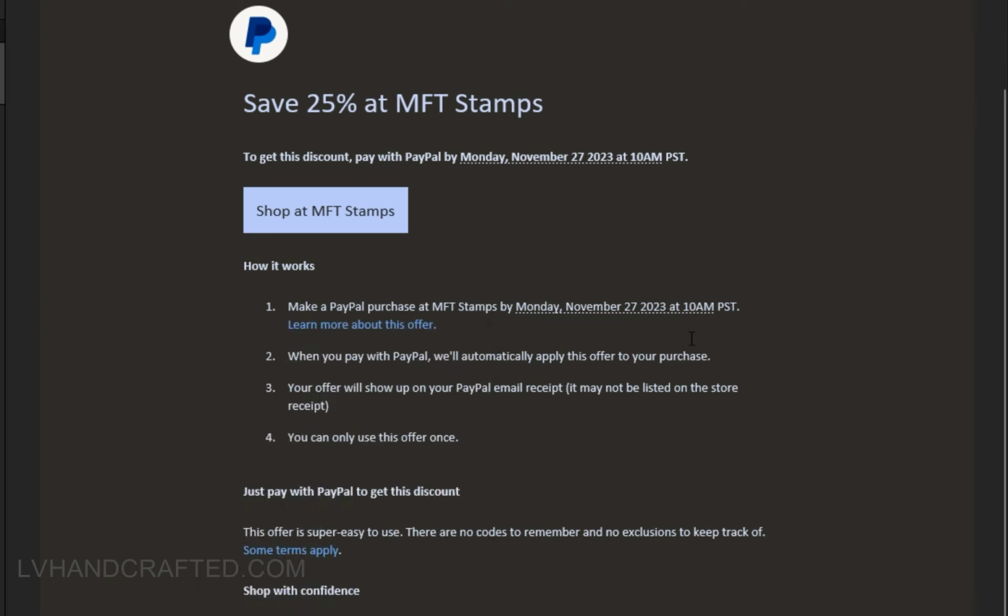But it says that if I make a PayPal purchase at MFT Stamps by Monday, so you have until Monday, November 27th, when you pay with PayPal, we'll automatically apply this offer to your purchase. Now, I think this is something that PayPal is covering because here it says your offer will show up on your PayPal email receipt. It may not be listed on the store receipt, and that is true. And I can only do this the one time,